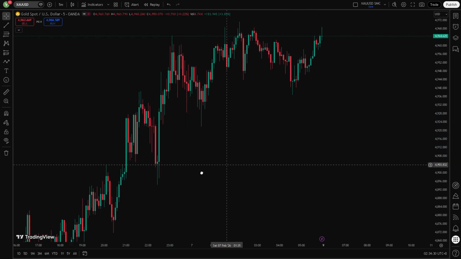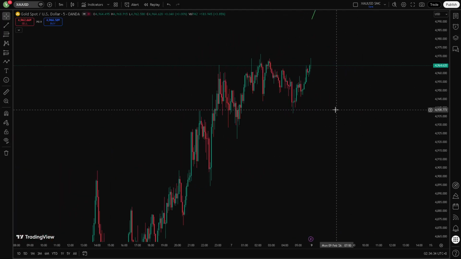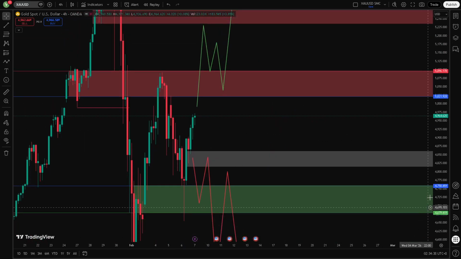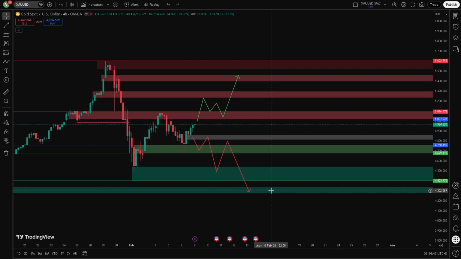So the smaller time frame candle right now is quite expensive. So what we're gonna do here, we just wait for the best session, the highest volume, highest volatility,